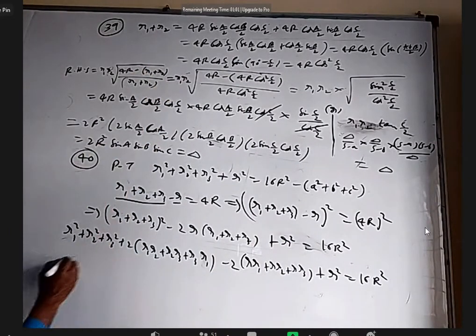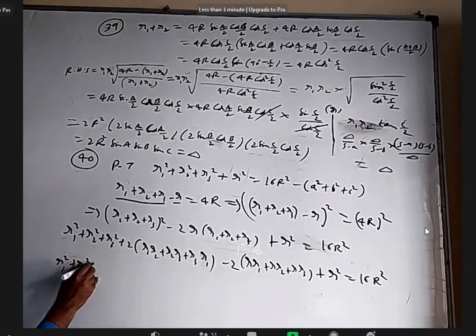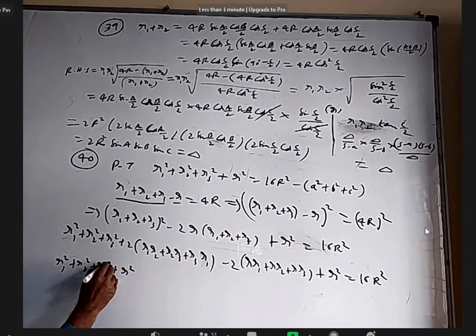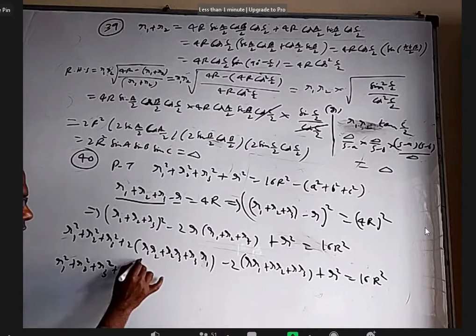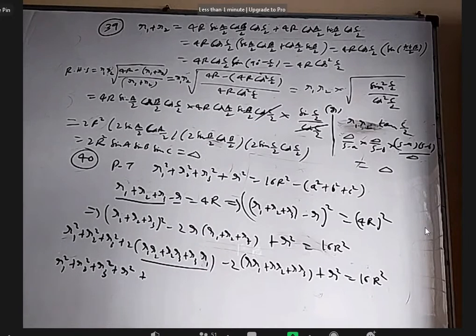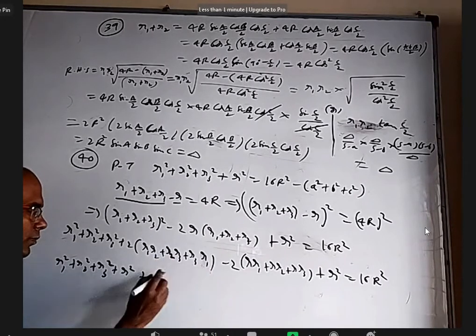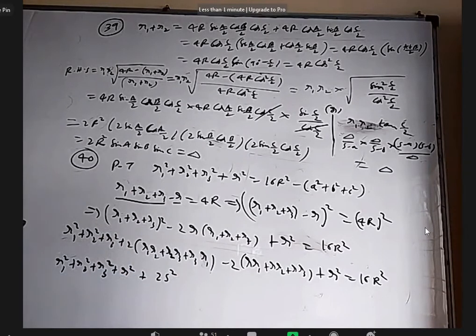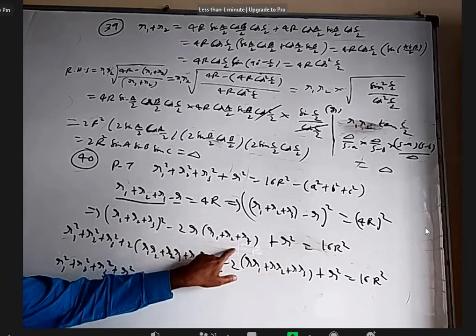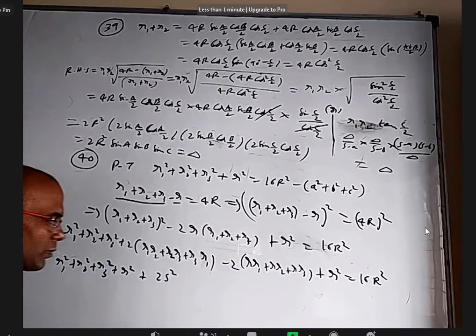Okay. So now R1 square is there, R2 square is there, R3 square is there, r square is there. Anybody remembers what we proved earlier? R1R2 plus R2R3 plus R3R1? We proved S square. R1R2 plus R2R3 plus R3R1 is S square, so this will be 2S square. Even this also we have done something. I will do it once again, not a big deal.